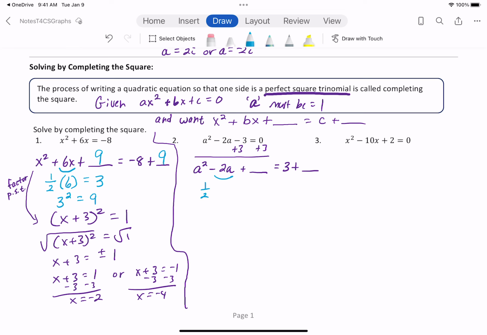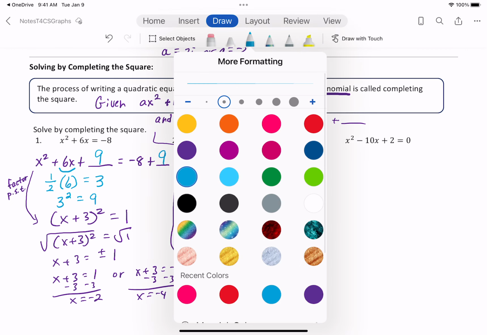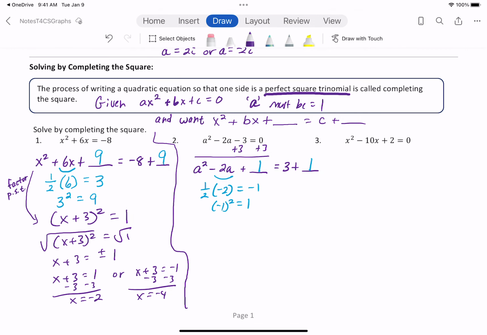We're going to multiply 1/2 times b, which in this case is -2. So -2 divided by 2 is -1. And then we're going to square -1, and that's going to be +1. So that's what I fill into both of my blanks. Now I'm just going to factor my perfect square trinomial. So we know we take the square